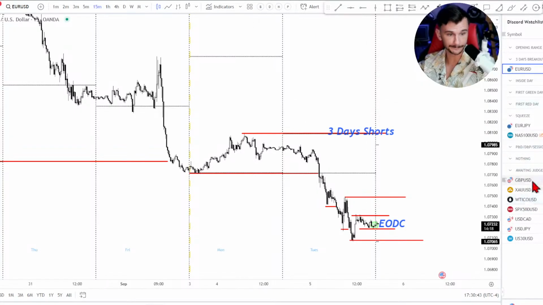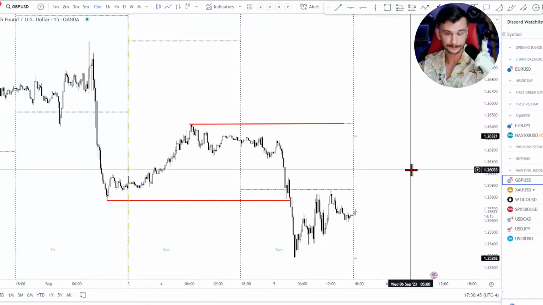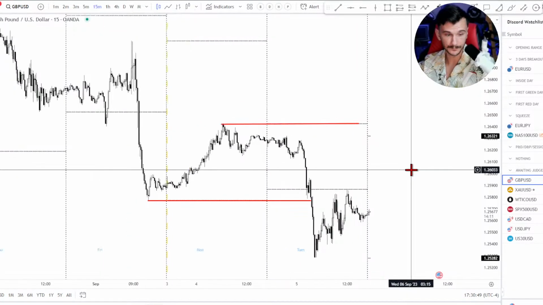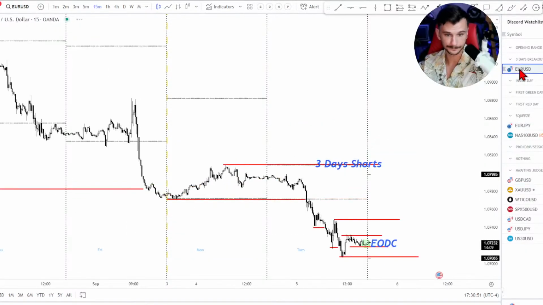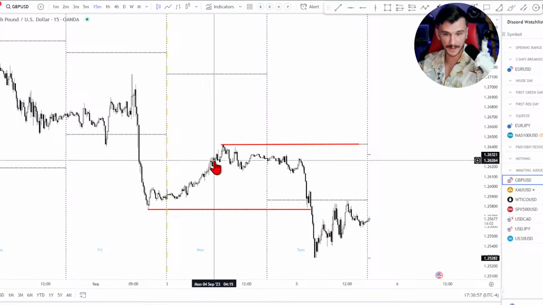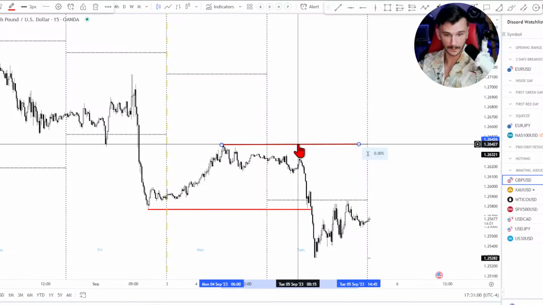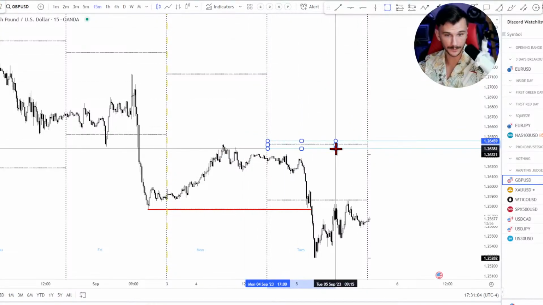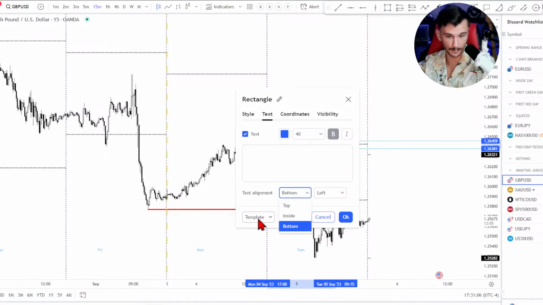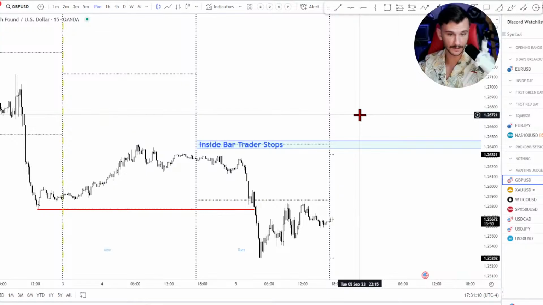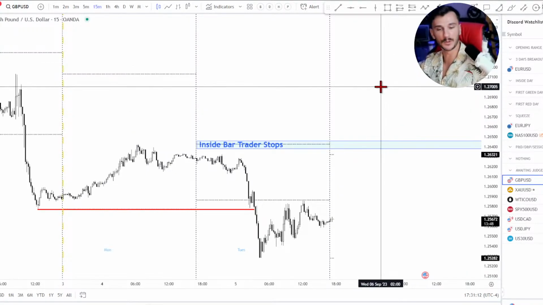Cool. All right. Pound dollar. Signal day. Actually, hold on. Timeout. Nope. I'm good. Okay, pound dollar. So we have inside day over here. This level didn't even get hit. I drew that line on there for a reason. It didn't get hit. I'm going to draw this across like this because this is going to be, boom, inside bar stops. That means that these stops have still not been hit. Those people are still in profit.